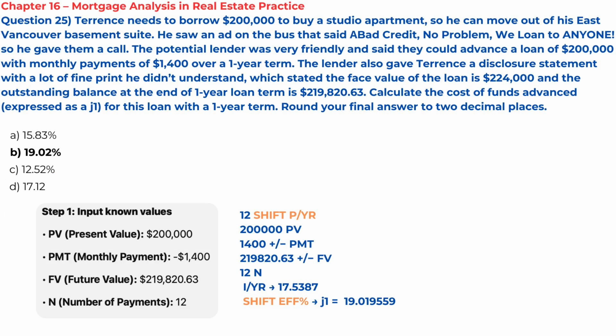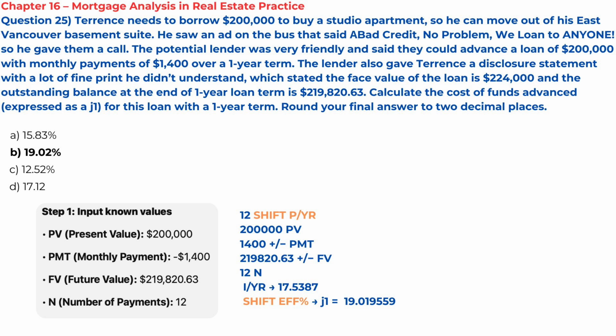Question 25. Terrence needs to borrow $200,000 to buy a studio apartment so he can move out of his East Vancouver basement suite. He saw an ad on the bus that said, "A bad credit, no problem. We loan to anyone." So he gave them a call. The potential lender was very friendly and said they could advance a loan of $200,000 with monthly payments of $1,400 over a 1-year term. The lender also gave Terrence a disclosure statement with a lot of fine print he didn't